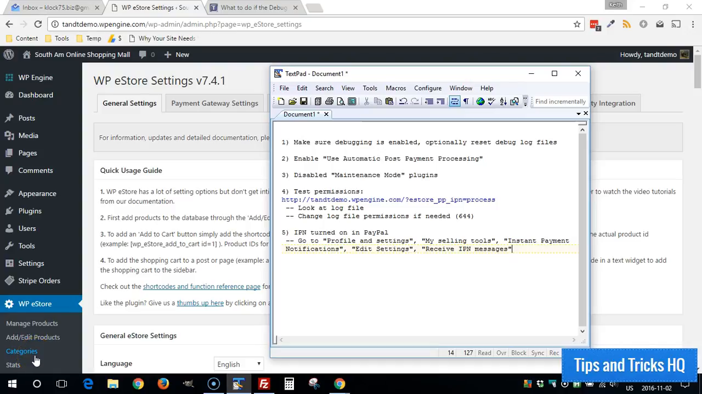In this video, I just want to demonstrate how to debug WP eStore. Now, it's as simple as enabling debugging, and log files will be created with entries that describe what's going on during the payment process, so that you can troubleshoot any area where there's a failure. Well, sometimes the log files do not contain any data. So we're going to go through a couple steps here just to make sure that everything's set up properly to